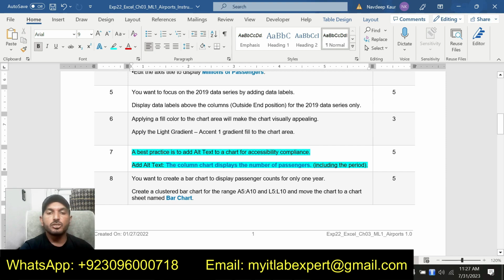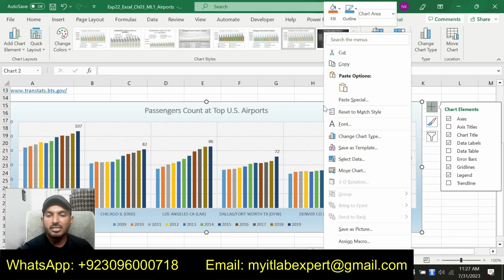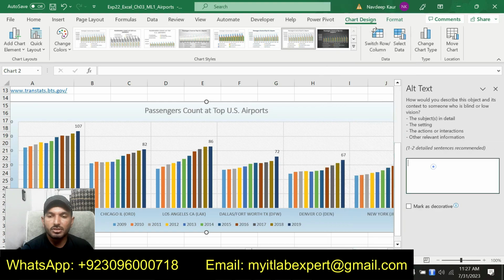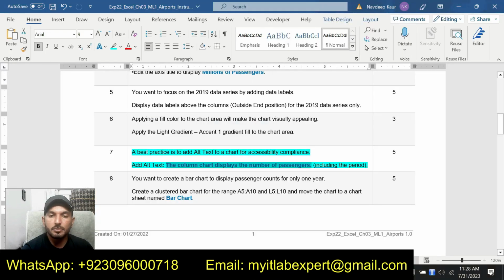A best practice is to add alt text to the chart for accessibility compliance. Add alt text: The column chart displays the number of passengers, including the period, as the alt text. Now we are supposed to add the alt text to this chart that we have just created, and the alt text is given here and we are supposed to type this as the alt text. So this is a simple task. Just go to the chart, right click on it and click on view alt text. So this is the alt text box, and we will type the column chart displays